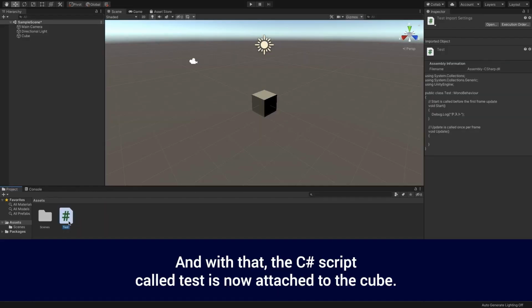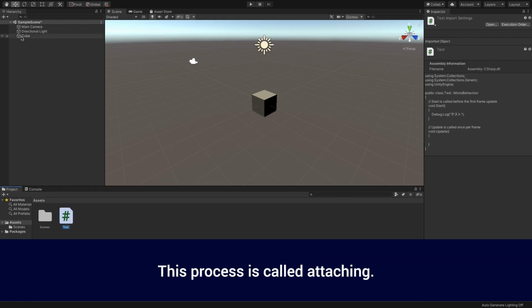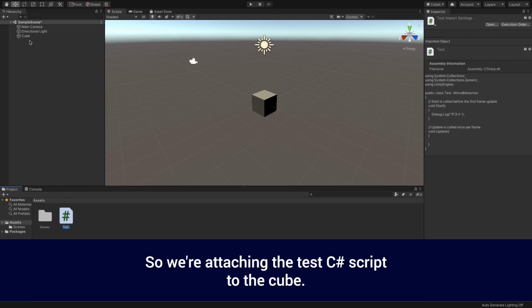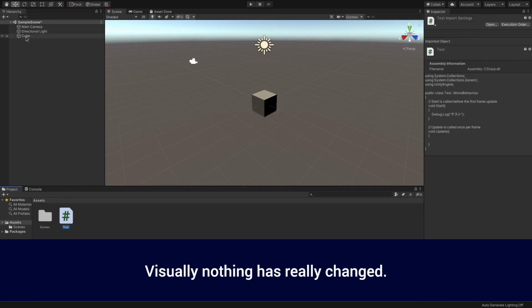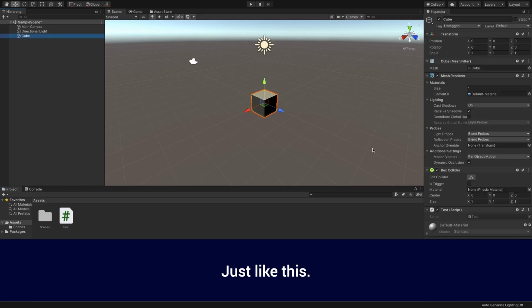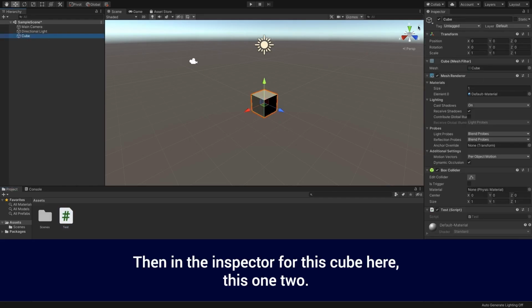Alright, and with that, the C# script called test is now attached to the cube. This process is called attaching. So, we're attaching the test C# script to the cube. Visually, nothing has really changed, but if you click on the cube, just like this, then in the inspector for this cube, here, this one,